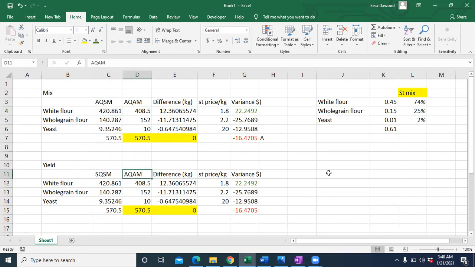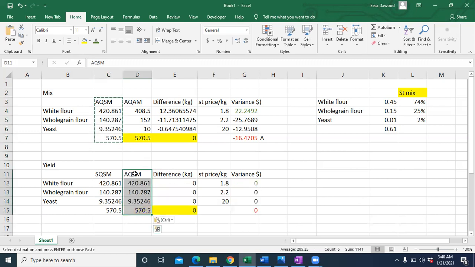This is the same as this. So to make it real quick, I can just copy from here. Look, I'm just going to copy it down here, and my answer would be correct.